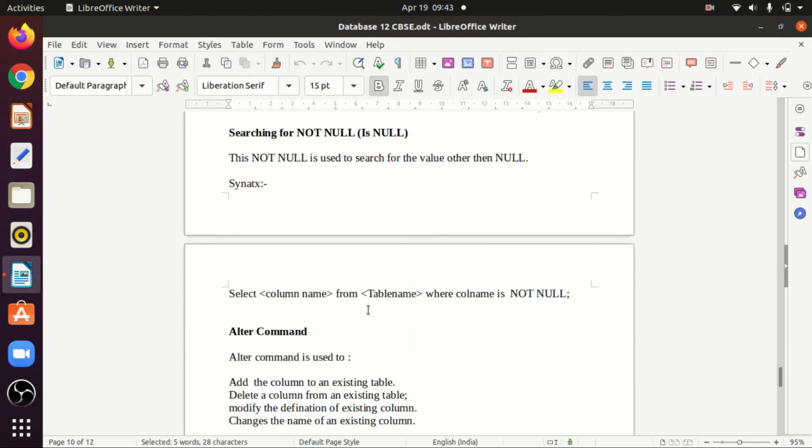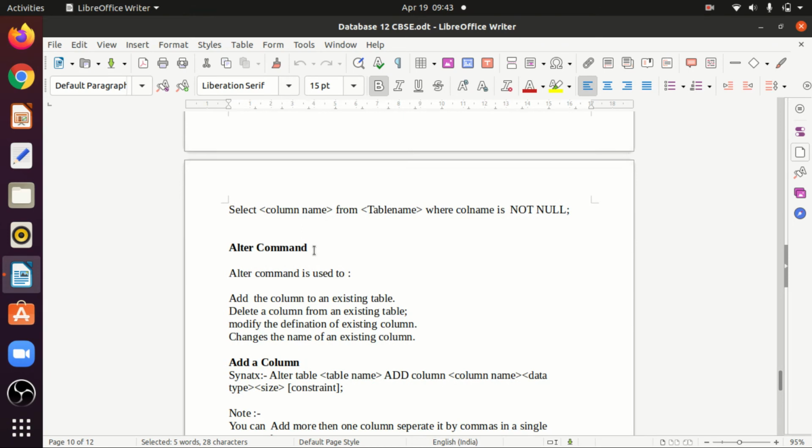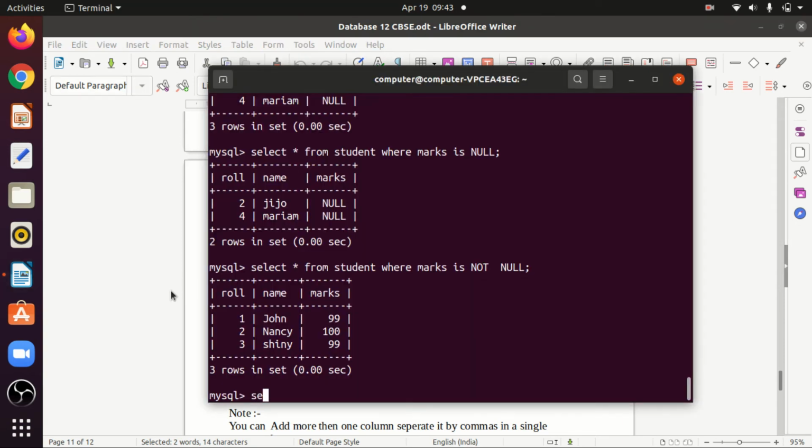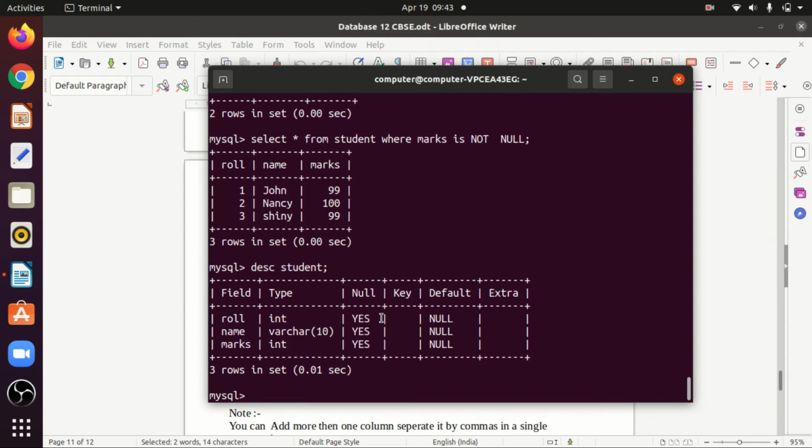Okay. Now you have the alter command. Alter command is used to change the structure of your data. For example, if I see my structure, and if I want to change this data type varchar from 10 to 15, I have to use alter.